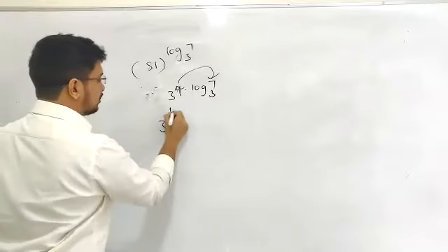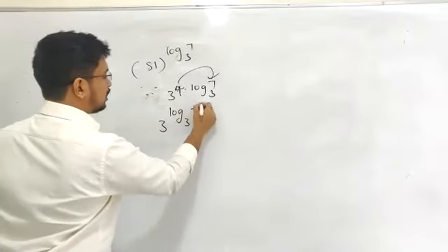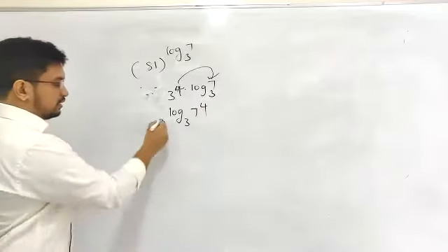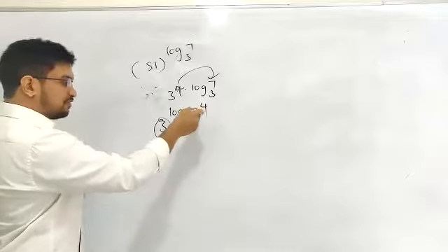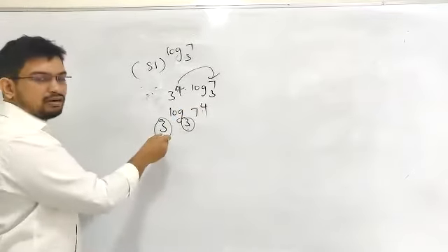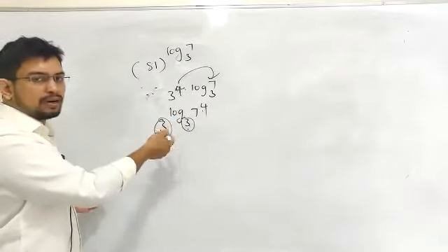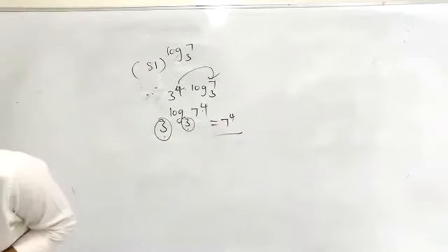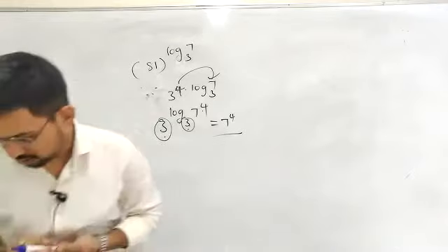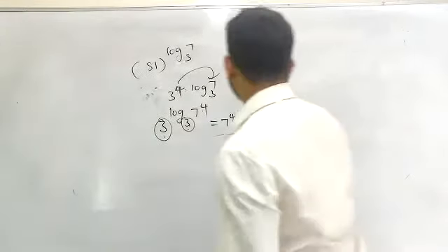So this part can be something like log 3 to the base 7 power 4. So this one and this one are equal. 3 power log 7 power 4 to the base 3. The base e part, both are the same now. Yesterday I told you a property regarding this. So your final answer has to be 7 power 4. The final answer has to be 7 power 4 here. Yes, very good. Excellent. Next.